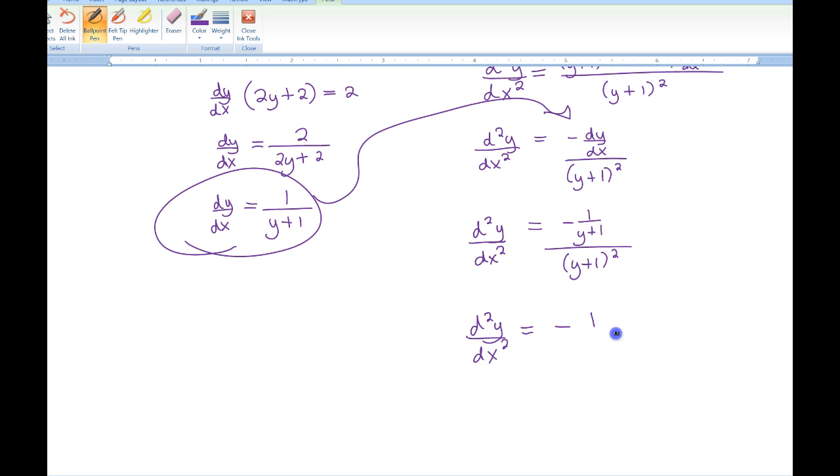How about negative 1 over y plus 1 to the third? You read it a little wrong. You said y plus 1 to the third, and I wrote y plus 3. Got it. Wait, how does it end up being the same with product rule? I did it with product rule and ended up with negative 1 over y plus 1 squared. Just remember, this is negative 1 over y plus 1 to the first, and then if I multiply by the